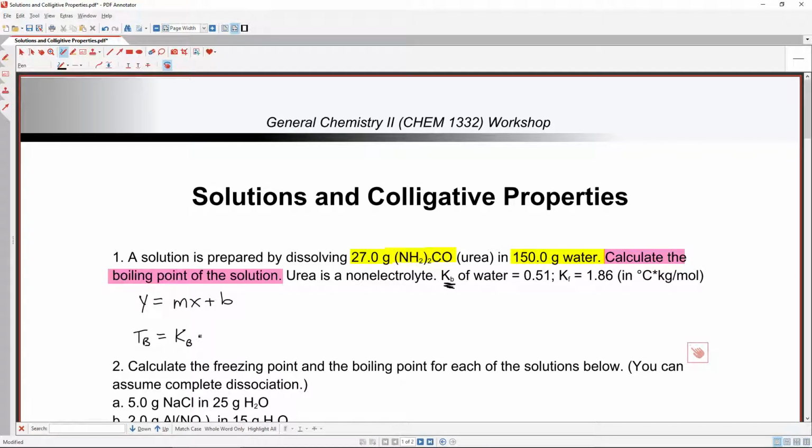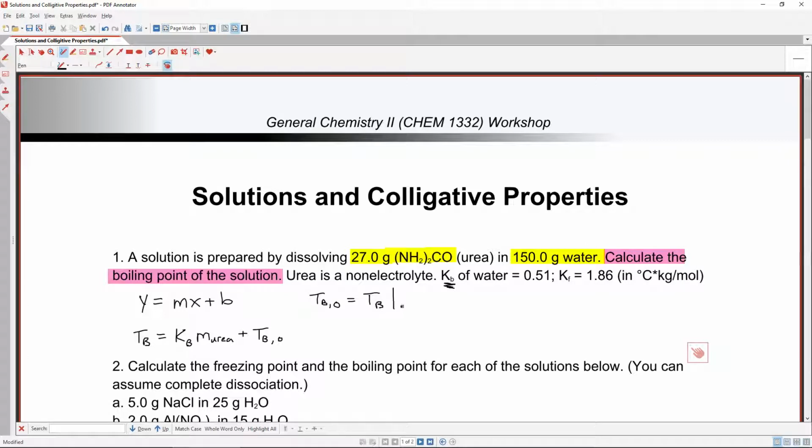Our independent variable is going to be the molality of the solution. Actually, that's represented by an m, not an x. So the molality, in this case, of the urea, plus the b would be the normal boiling point. So I'm going to say some temperature T naught, or the boiling point initial. So it's important to note that the initial boiling point is equal to T_b